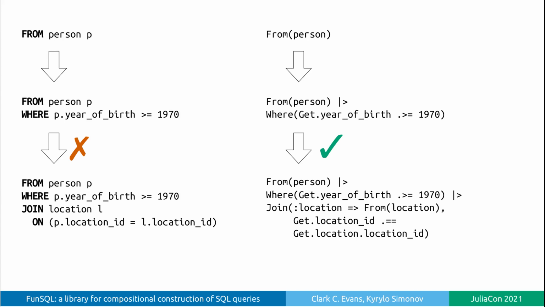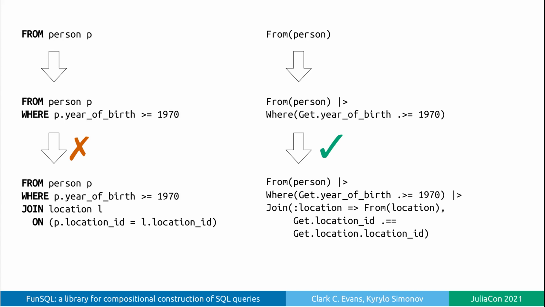I should clarify that in this case, we could simply switch these two clauses without changing the expected output of the query, but it's not necessarily possible in the general case. On the other hand, FunSQL doesn't have this restriction. Query constructors can be applied in any order, as required by the query logic. However, it should still surprise you. After all, any FunSQL query object is ultimately rendered into SQL, so how could FunSQL possibly ignore the lexical restrictions of the SQL grammar?